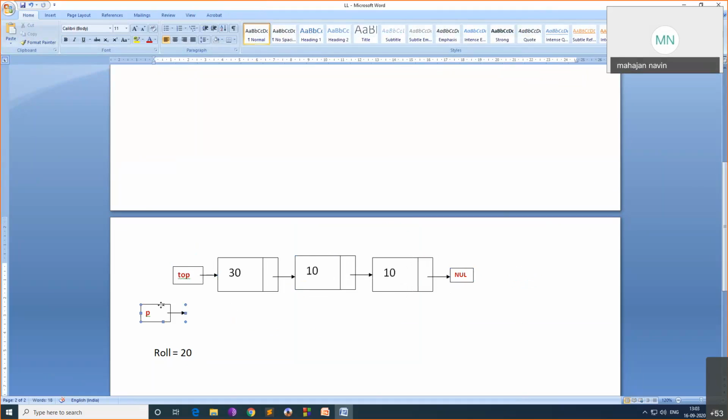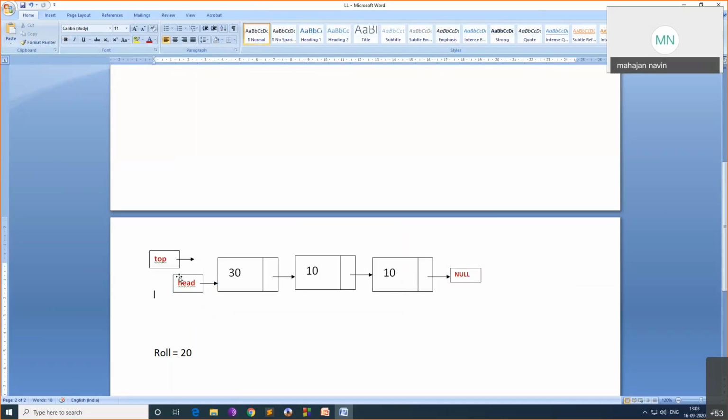I'll take it as head and tail. Suppose my head is pointing here. Now this is not top, this becomes head here. Head is pointing here, and see, the last node's next pointer is null.